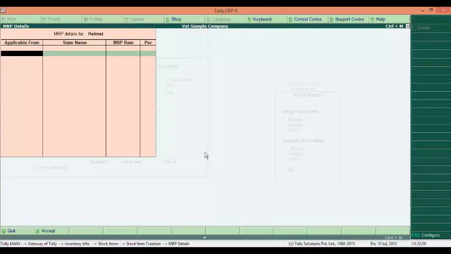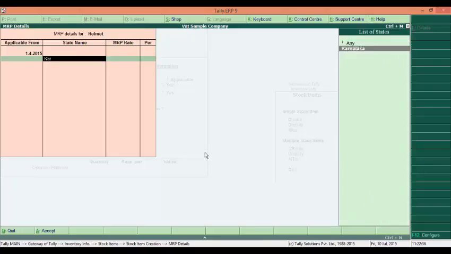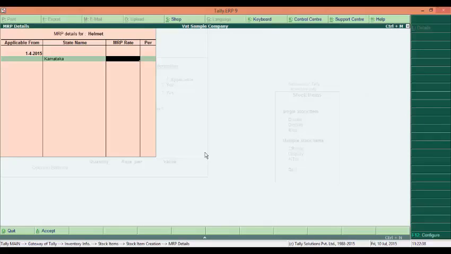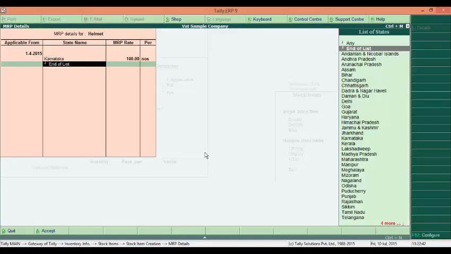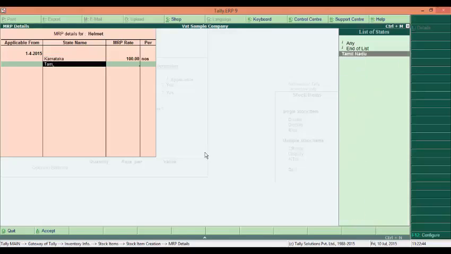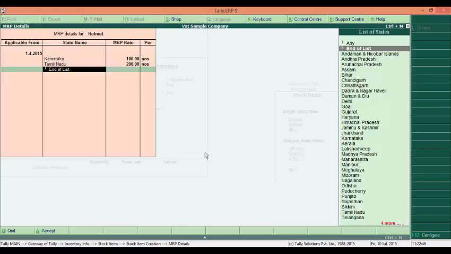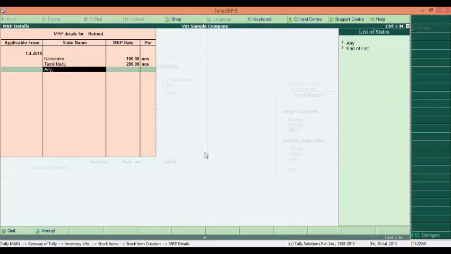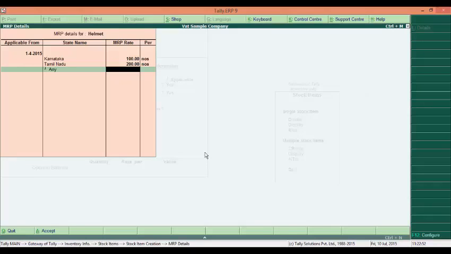Over here we have to specify the state-wise MRP. Applicable from 1st April, suppose Karnataka, say 100 rupees, Tamil Nadu 200, and rest of India we can say 300 rupees.